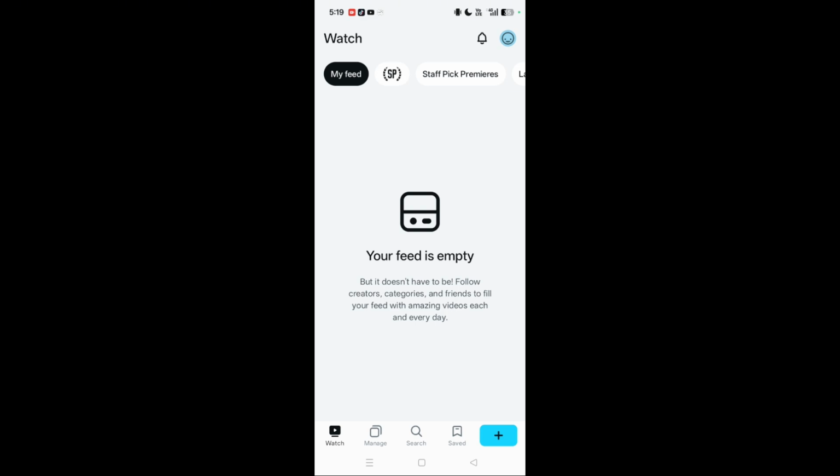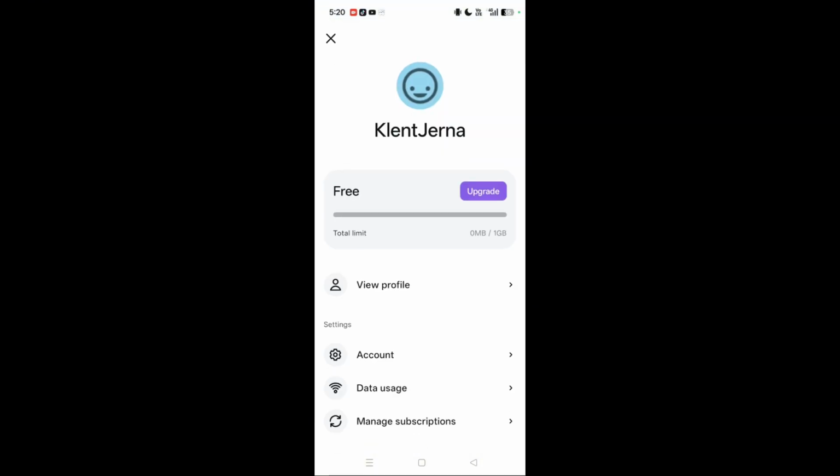So in the Vimeo app, to change our streaming quality, all we need to do is open up our Vimeo right here. Once you open up our Vimeo, click on our profile top right corner right here, the blue thing right there. Press on that right there. After pressing on our profile right there, the next thing we need to do is go down till you see